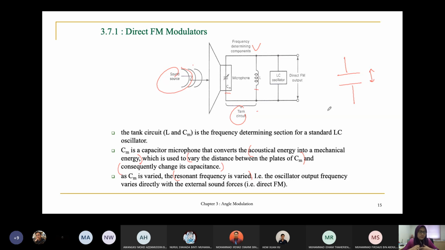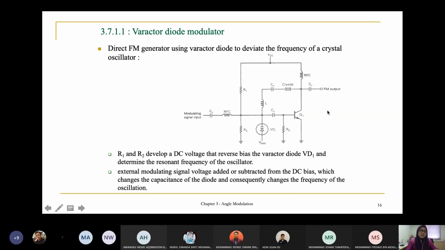Okay, so an example of a direct FM modulator is the varactor diode modulator. This is the circuit. Basically, for the varactor diode modulator, this is the modulating signal input, the signal that you want to send,